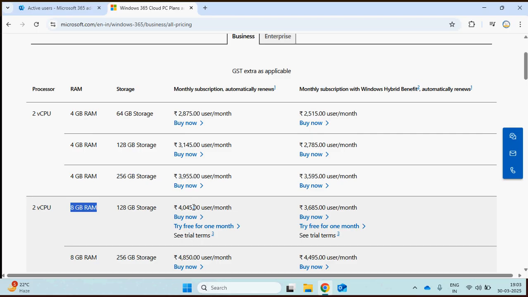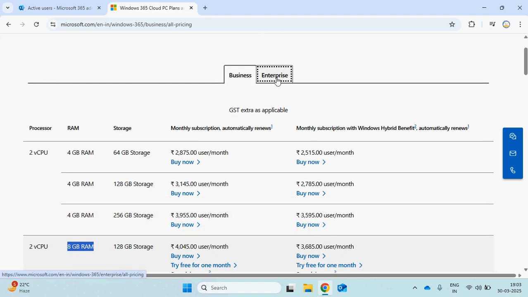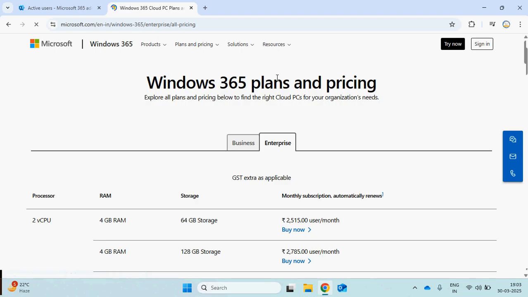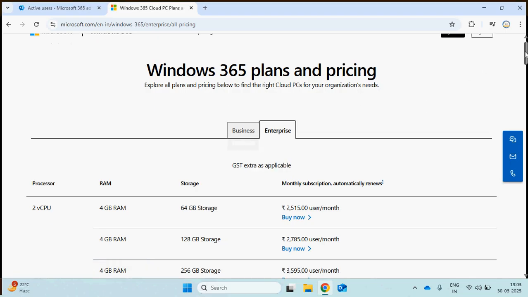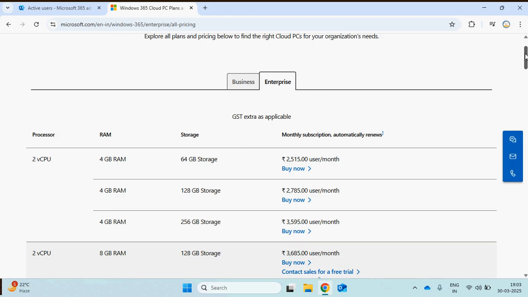With enterprise, you can have integration with Microsoft Intune and Azure, and you don't have that limit of 300 cloud PCs per tenant.